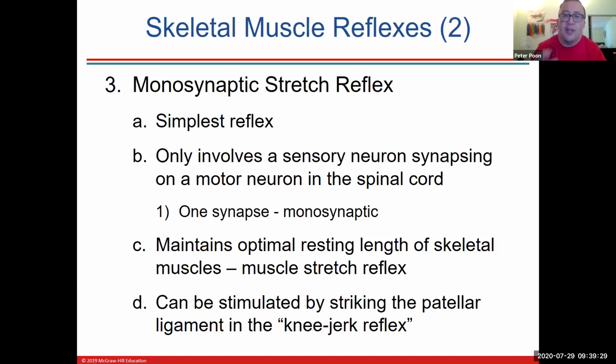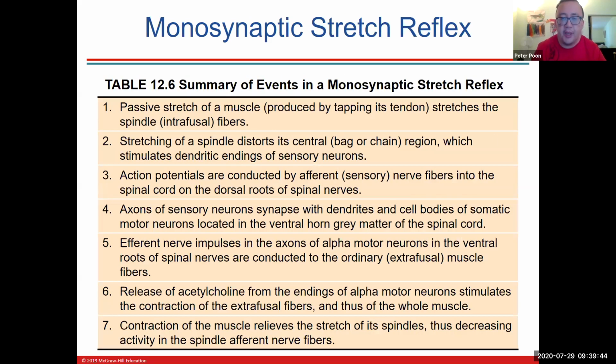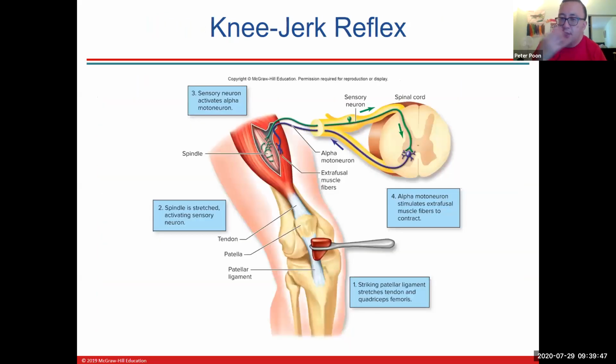Let's talk about the simple reflexes. The monosynaptic stretch reflex is the simplest reflex. A single synapse. So here's a single synapse. I'm sure you guys have experienced this before. The little hammer hits your ligament here. That ligament is then stretched, and the spindle stretches,